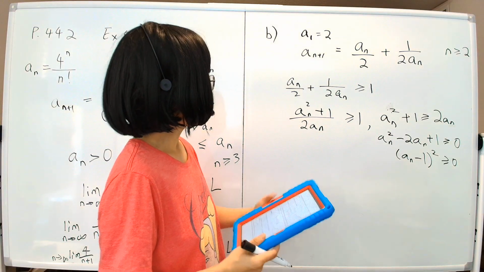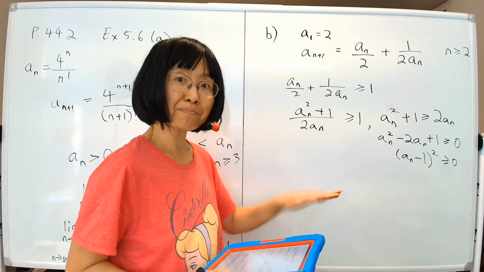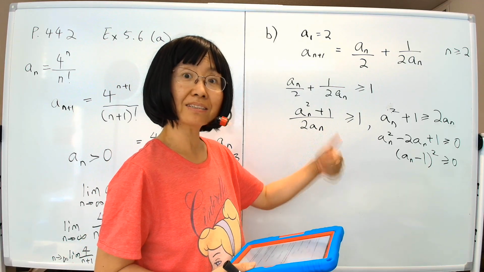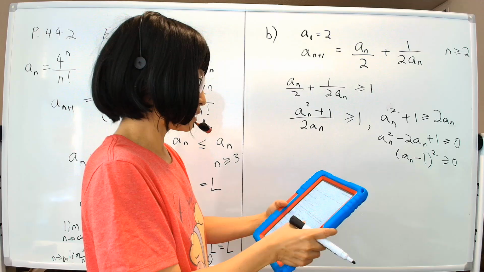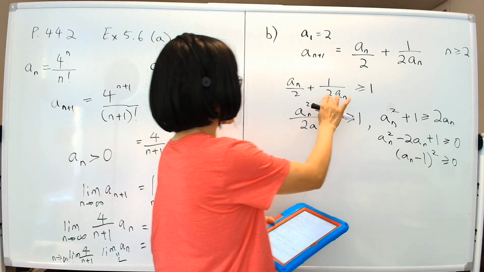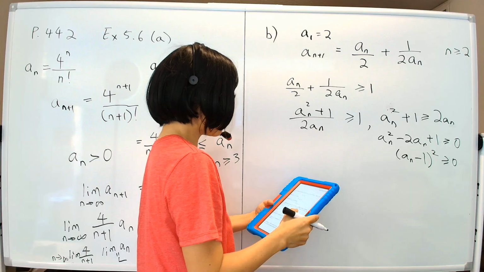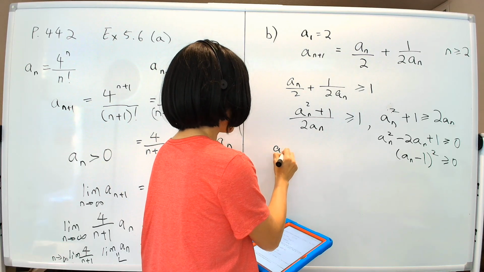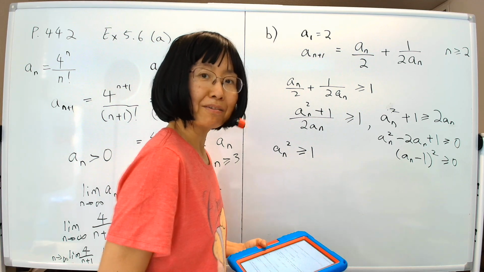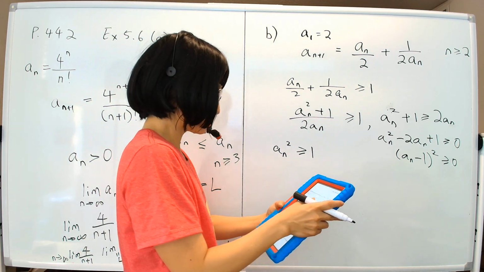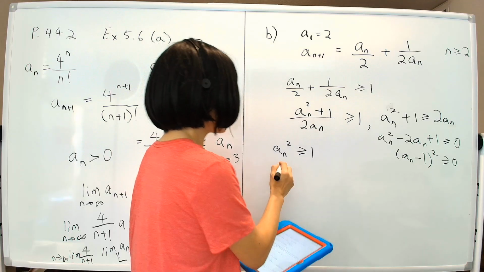Now that we know that it's bounded below, we also have to show that it's decreasing, because if it isn't decreasing, then being bounded below means nothing, because it might just take off on top. So to show that it is decreasing, we're going to use this fact. Being bounded below by 1, in other words, an squared is bigger than or equal to 1, and we're going to slap another trick on it. That means that an squared plus 1